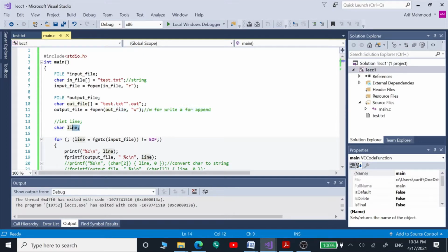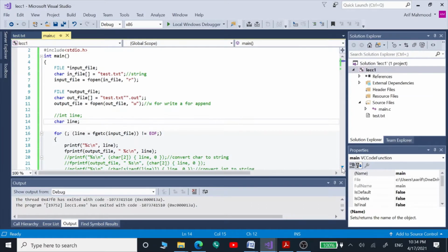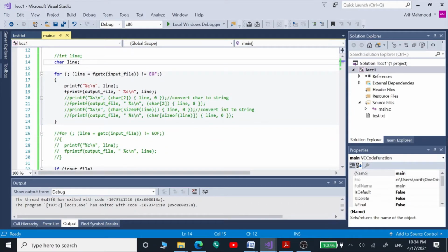Here we have defined a variable line of type character, and after that we are going to run a for loop, and we are going to open this file using this fgetc function, and we are going to store the contents of that input file into this variable of type character.